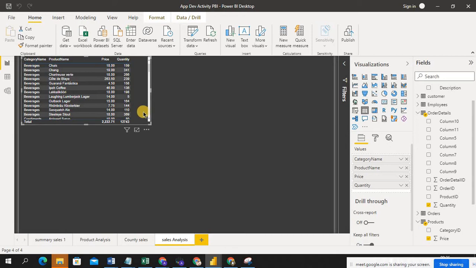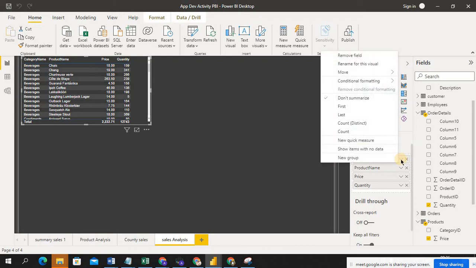Now if you go and see the individual column, there is a drop-down list. Just select here. You can see the don't summarize option is selected by default, because the category name is a string, right?